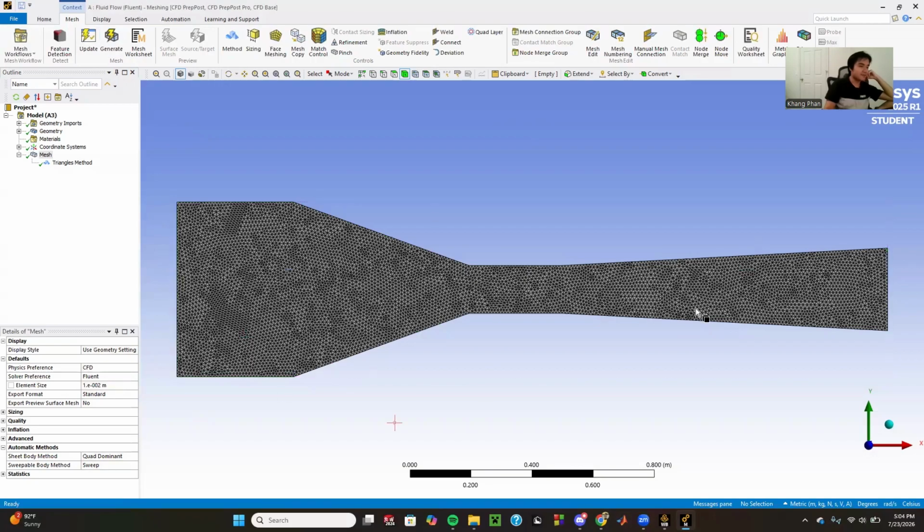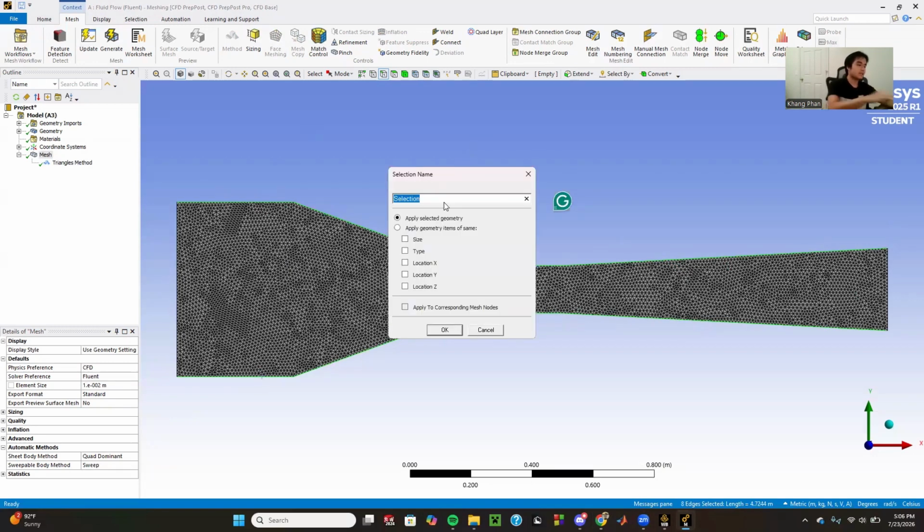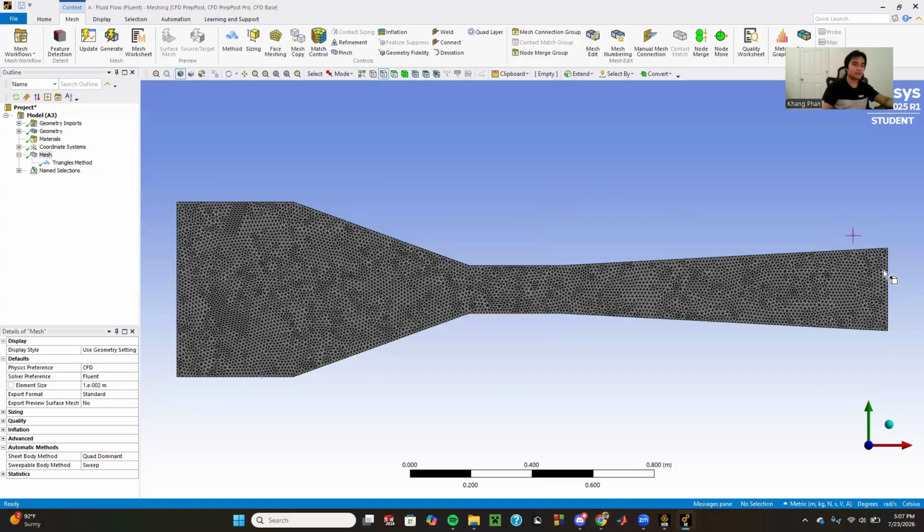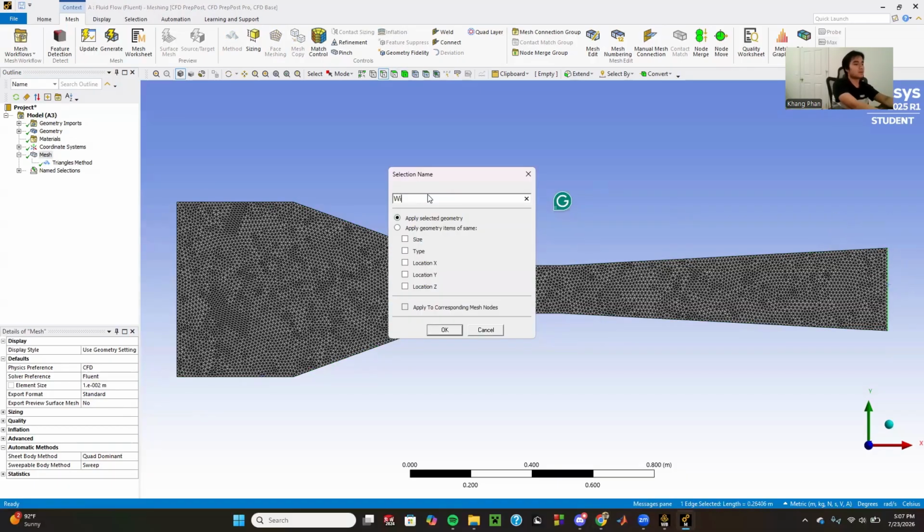And there is our cool mesh of triangles. Now that we have our mesh, go to this tool here, select curved edges, select all of them, hold Control, just like this, and call this wind tunnel wall. Then select this edge and call this wind tunnel outlet,